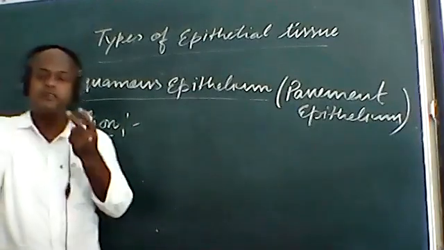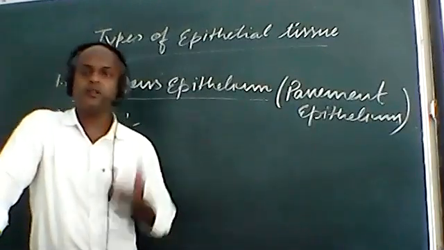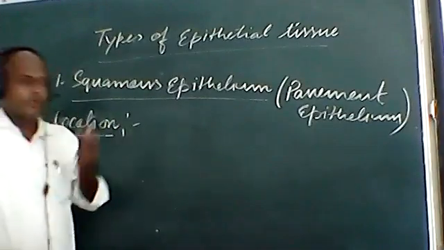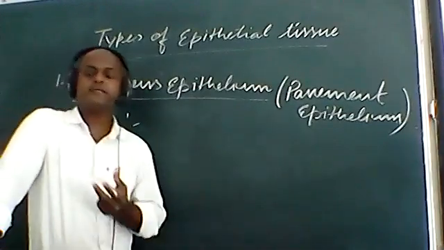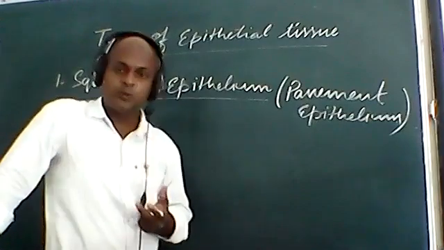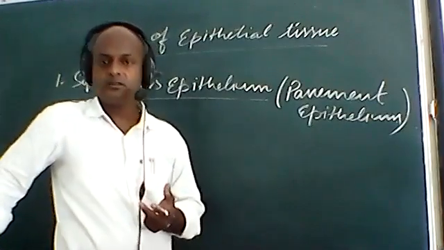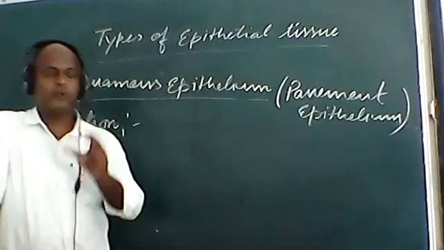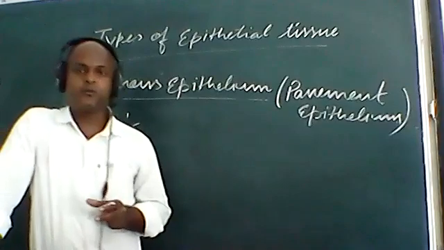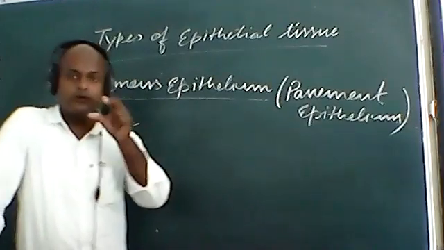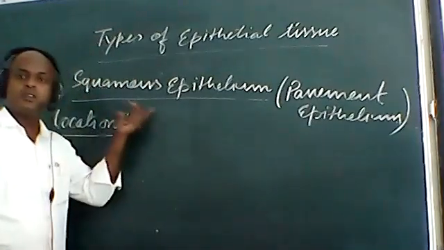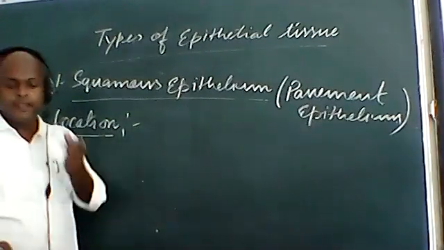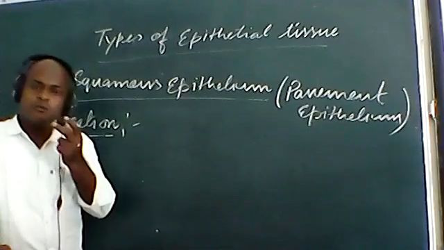Like the coelomic cavity, you all are familiar with the coelomic cavity. In the coelomic cavity, there is presence of squamous epithelium tissue, and it is also present in the Bowman's capsule. You all have studied about the Bowman's capsule. Where is it found? In the nephron. Yes, you have studied. There is presence of Bowman's capsule in nephron. So squamous epithelium tissue is also present in the Bowman's capsule, and this epithelium.